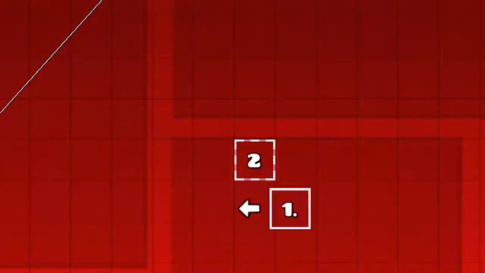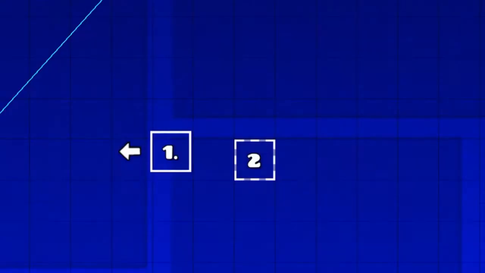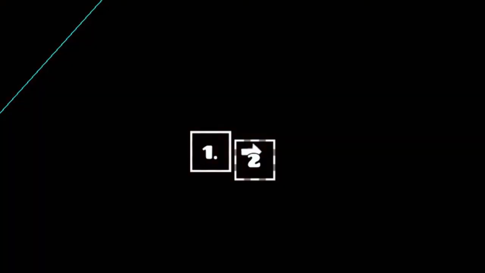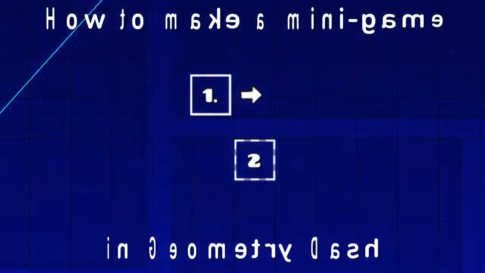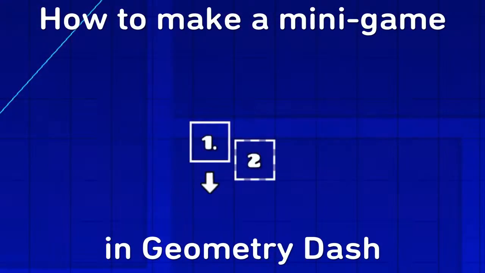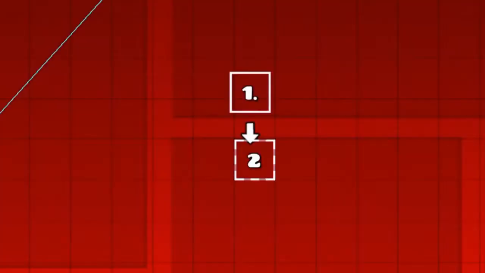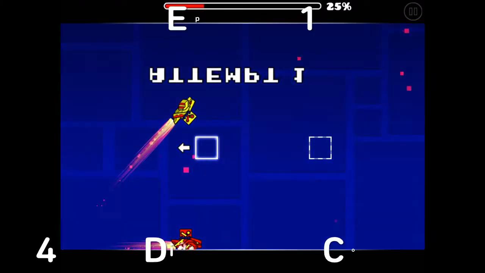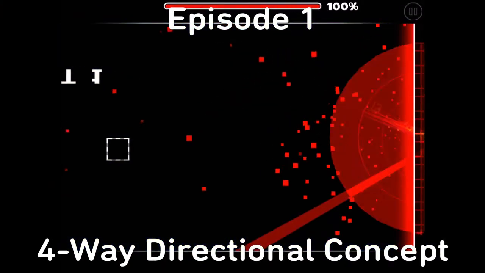This here is a clear example of what we are going to be going over today. I'm Brent and welcome back to another episode on how you can create a minigame using the creative tools in Geometry Dash. In this tutorial, we are going to be creating this 4-way directional movement concept shown here, but before